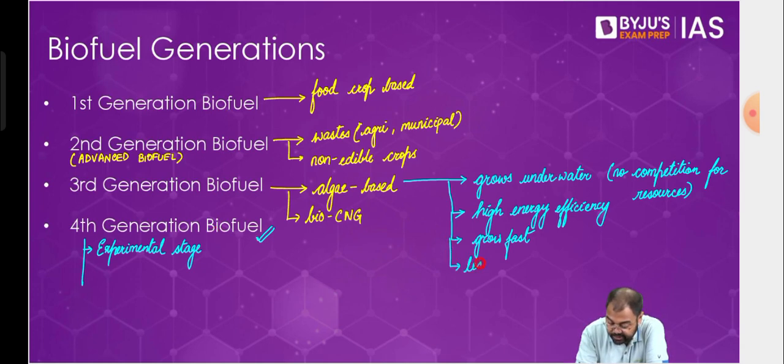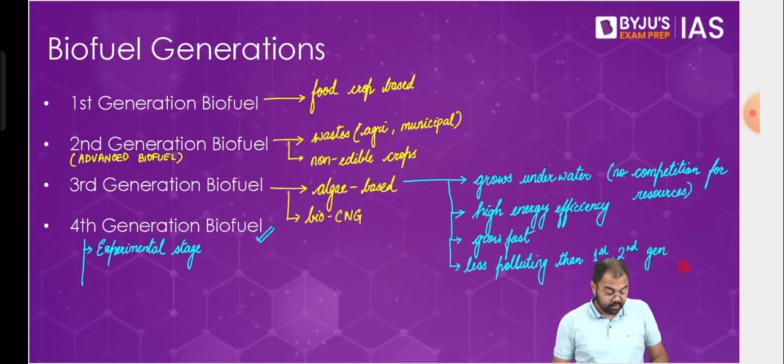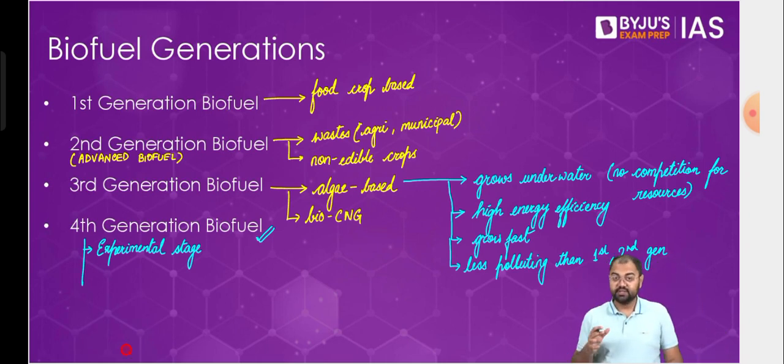One more point to add here. It is also less polluting. Less polluting as compared to the first generation and the second generation. Right? So as compared to first and the second generation, we see that they are less polluting. Now, in this scenario, when it comes to the fourth generation, they have to be the cleanest. And for that, we have to find the source.